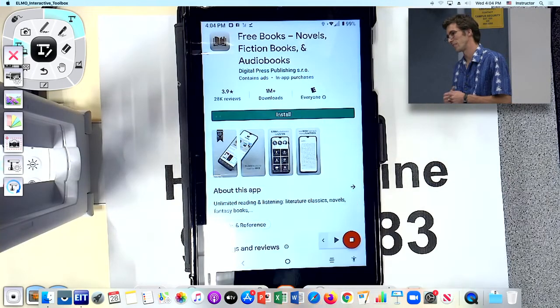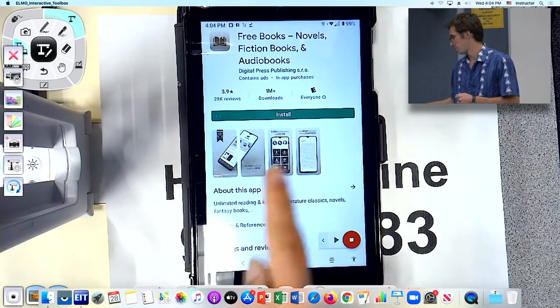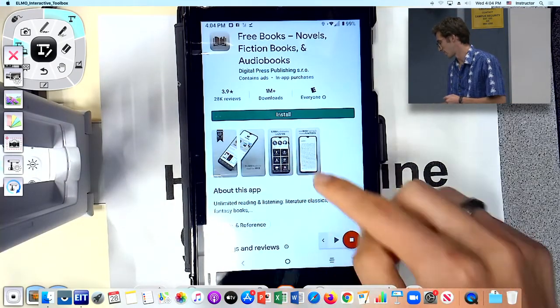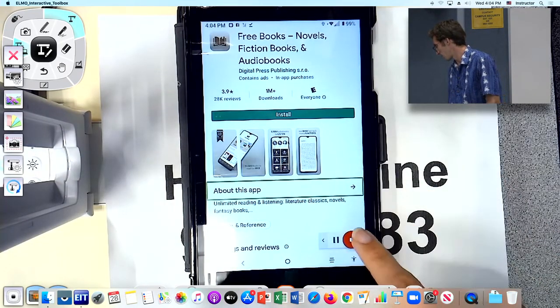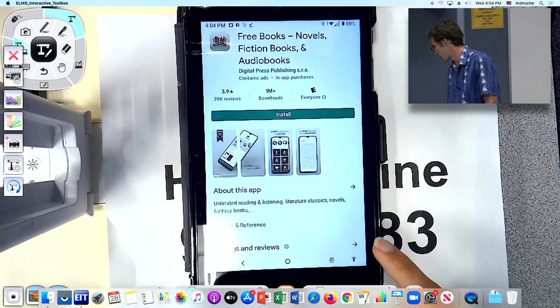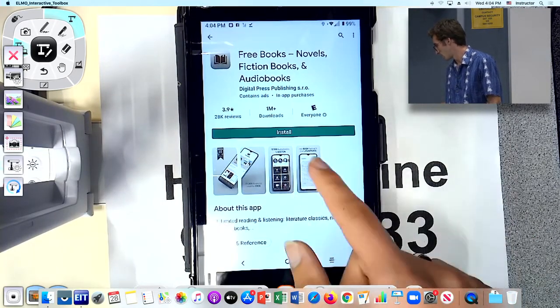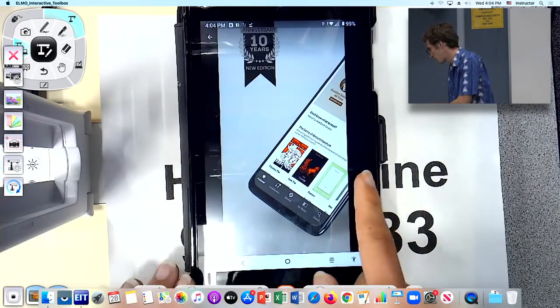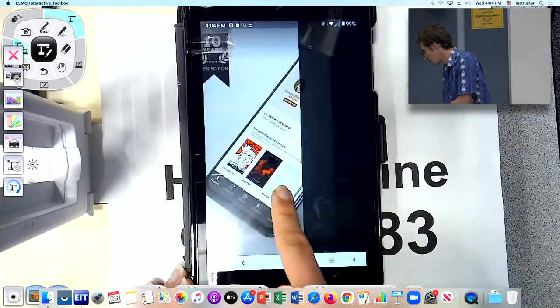So if you'd like to, you can install this app. It might be a good idea, at least to try it. About this app. So there he goes. Just press that red stop button if you need to. So I'll just show you the preview of this app. And you can see that